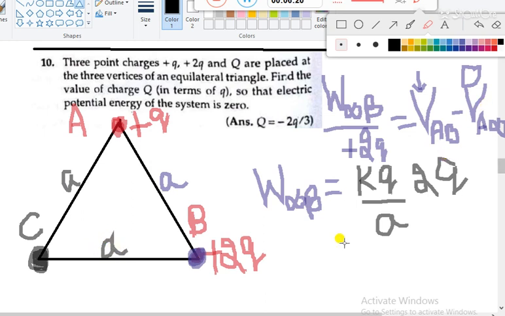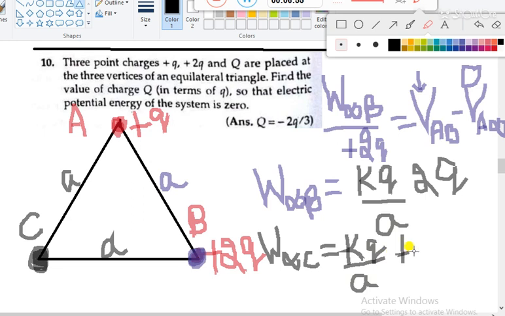So if I write the formula for the work done, this work done from infinity to C will be equal to K into the potential due to charge A. Because the initial potential is 0, I am not writing that term. So K into Q by A, that is the potential due to charge A, and plus,